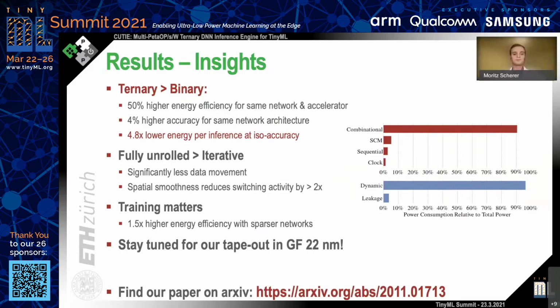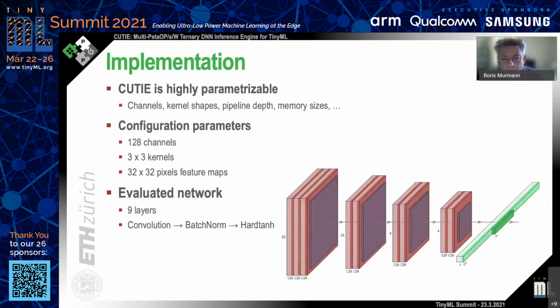I see no questions on the live forum, but I guess I can ask you one. So this network you use to benchmark, this is essentially your own network. It looks like a VGG type, very regular network. Can you talk a little bit about more irregular networks and how they would do on your platform?